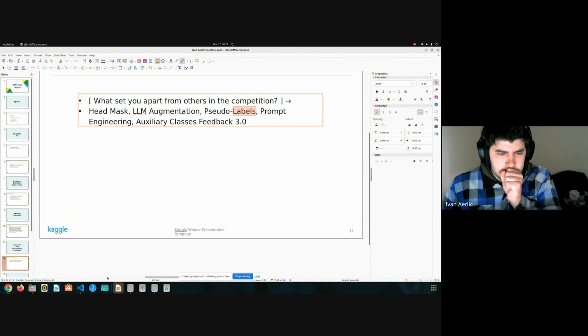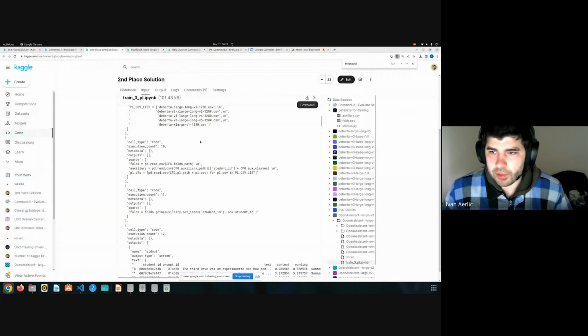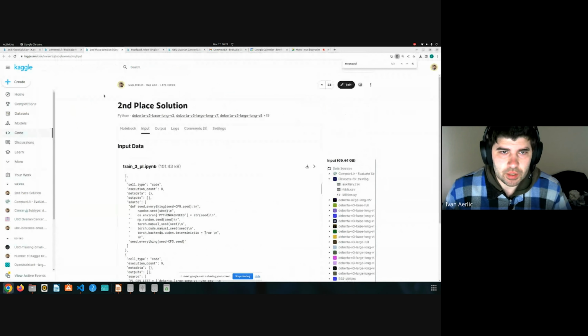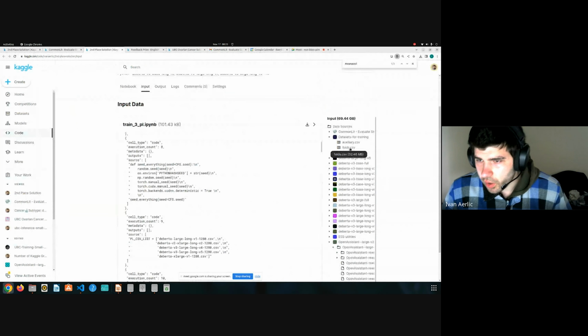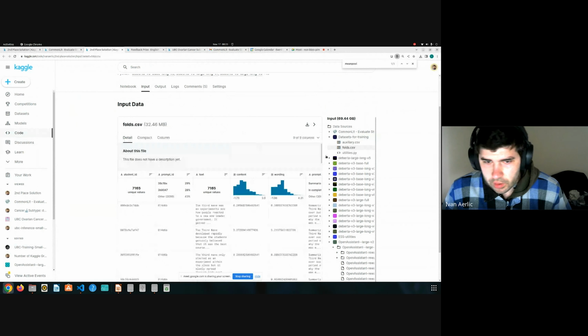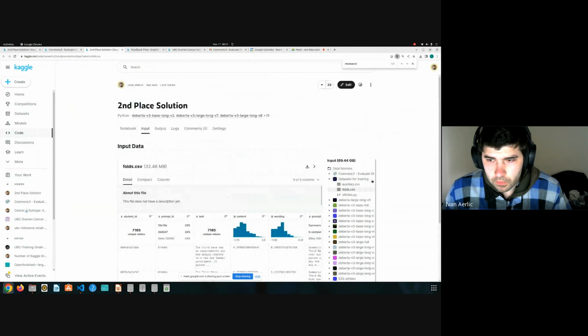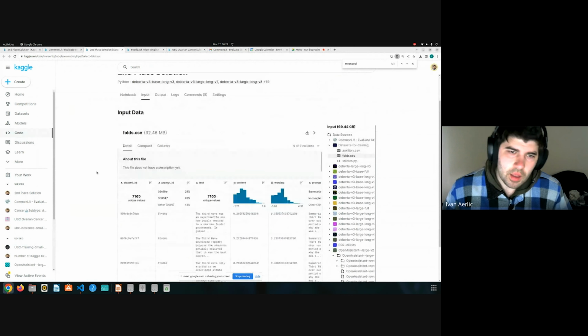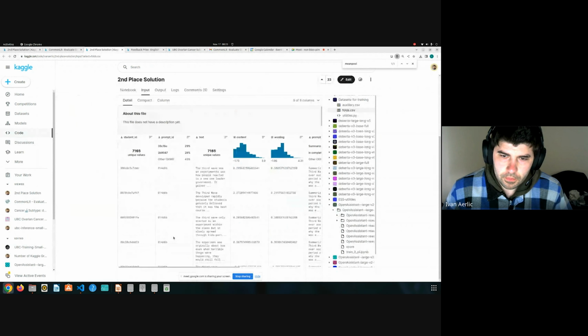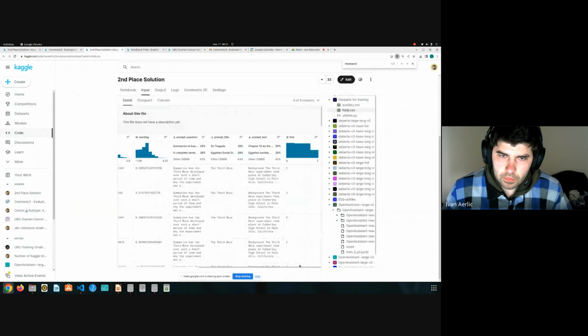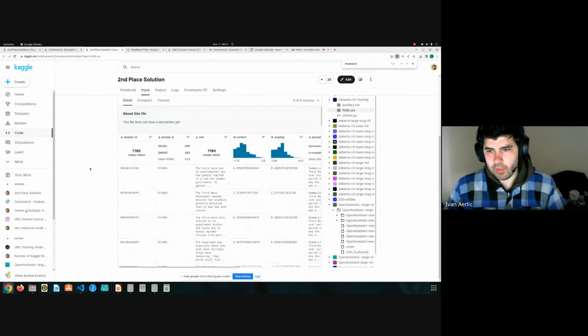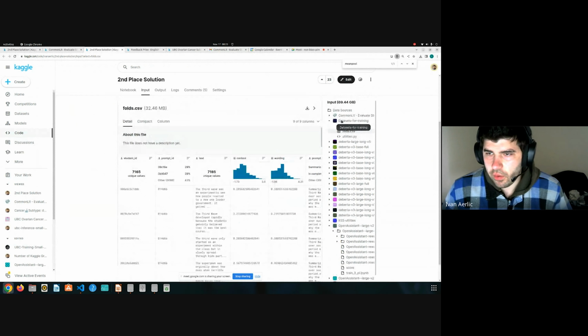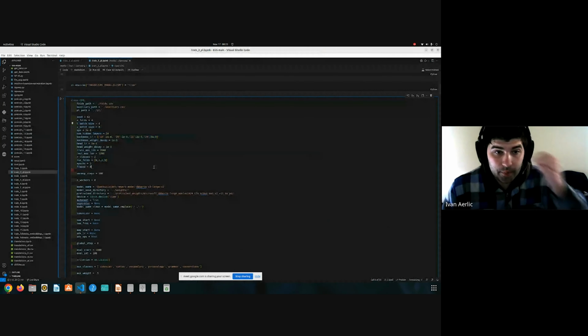So pseudo-labeling was really important in this competition. And if you go into the second place solution here, you're going to find, where is it? Auxiliary. False. Okay. Yeah, it looks like I forgot to upload my pseudo labels. Anyhow, I'll make sure I fill the data set for training with the pseudo labels. I'll upload those. But pretty much, we do pseudo labeling, and the pseudo labeling is really important because without the